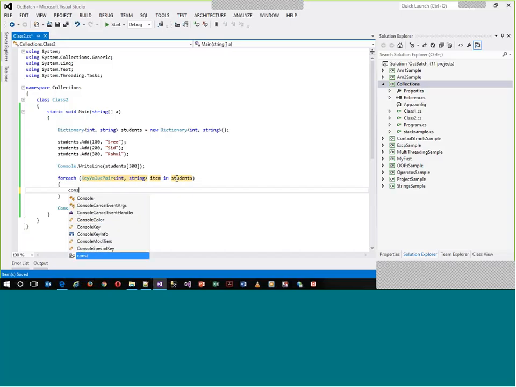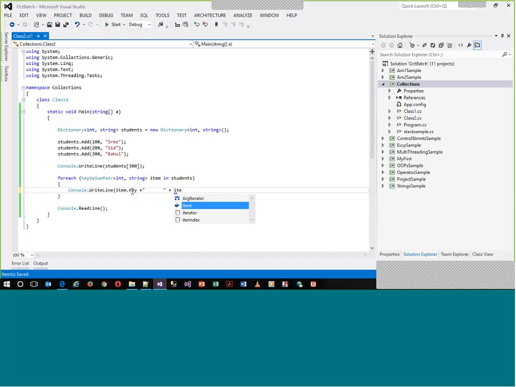So here I'm going to say Console.Write, and see this item is of type KeyValuePair, which means I can have item dot, you have two properties, Key and Value. Let's use a space and item.Value.